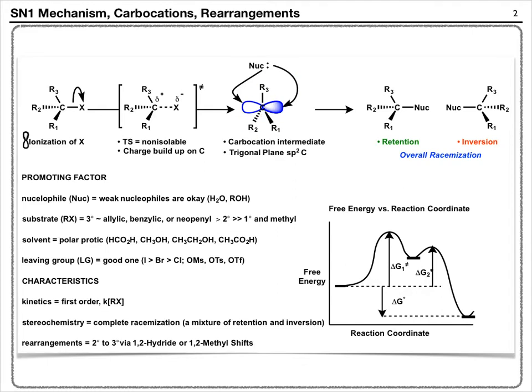So this is an intermediate. From the transition state, you're going into this well. And basically, once the nucleophile attacks from either side, you're going over another transition state where you have partial bond formation and then down to your products. This is only one